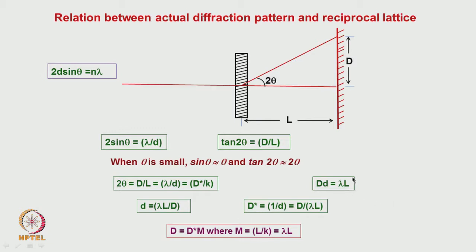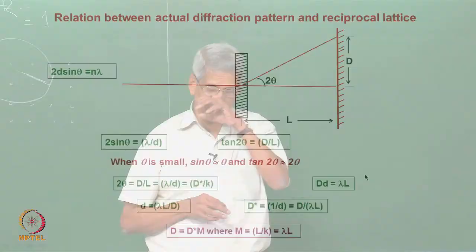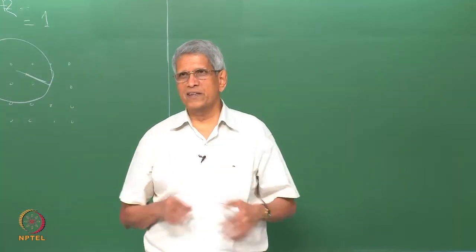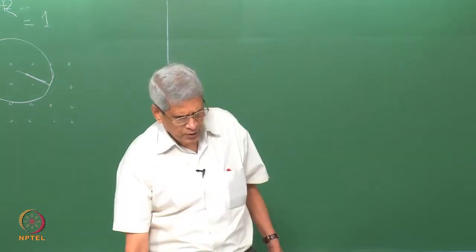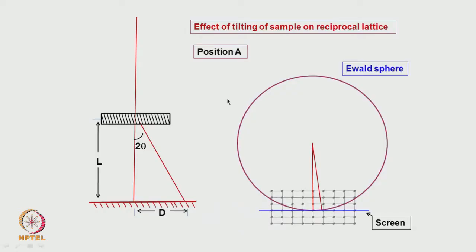So this is sort of a magnification factor which is used to measure the distance in the actual diffraction pattern. I am just showing the sample. You look at this, these are all the planes which are going to give rise to diffraction, correct. This is where we are measuring the screen at this particular distance, capturing this diffraction pattern. The reciprocal lattice is shown here with the origin at this point, and this is what the Ewald sphere is. This is the way it looks.